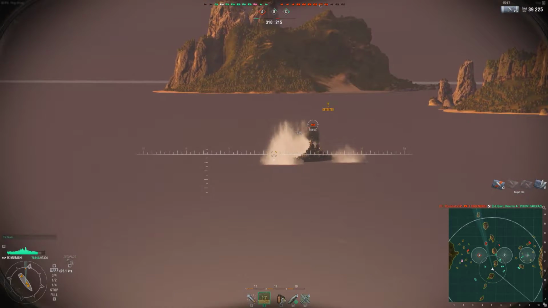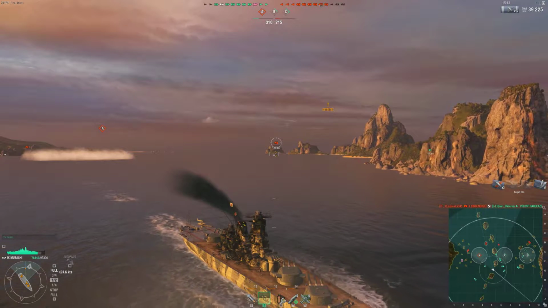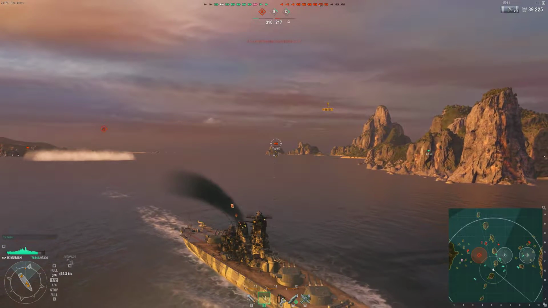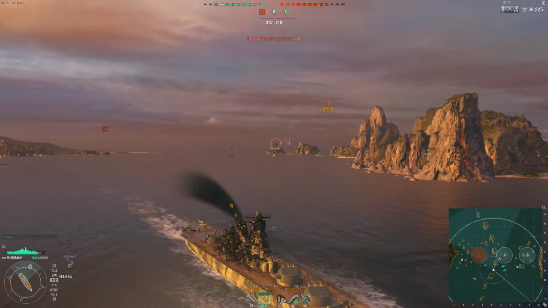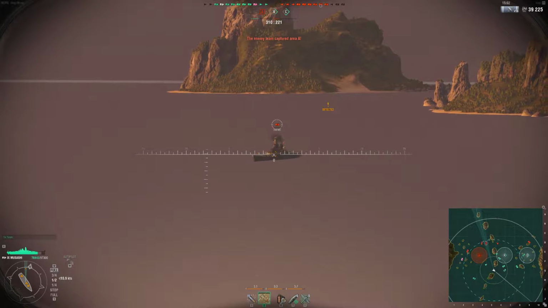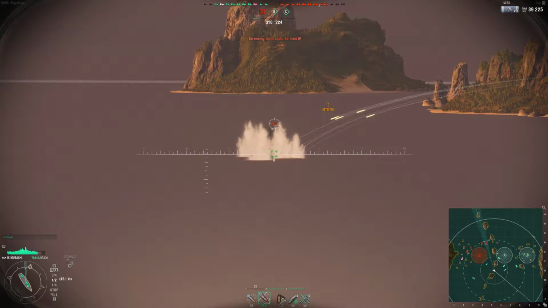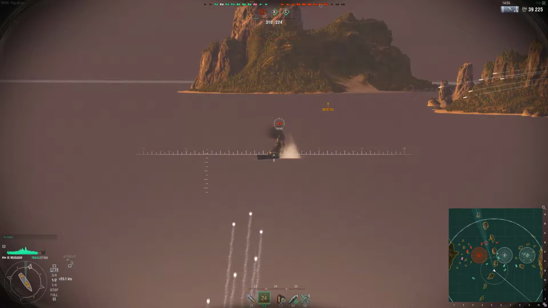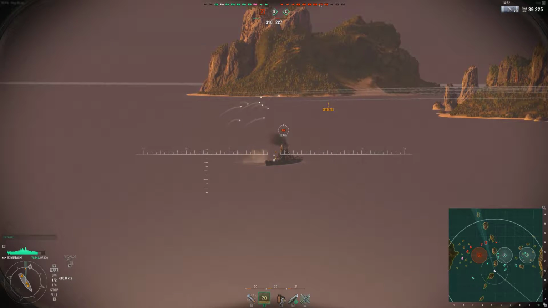that I have gotten Musashi, the Tier 9 Japanese premium battleship sister ship to the Yamato. And this is my very first battle in her, and this is a really complicated call to make on whether you should get Musashi or if you should maybe wait until either the Missouri comes back or they release the next Tier 9 free XP ship. Now,